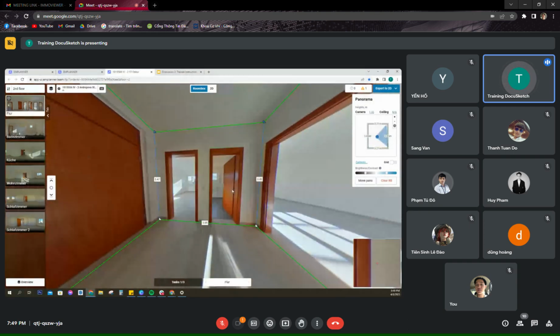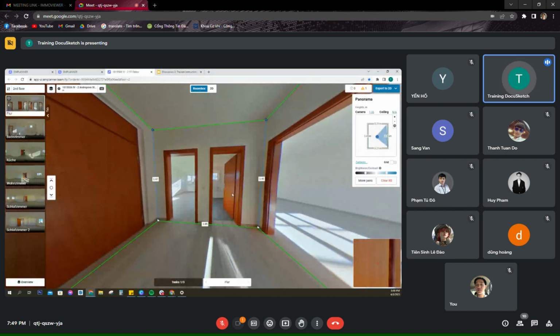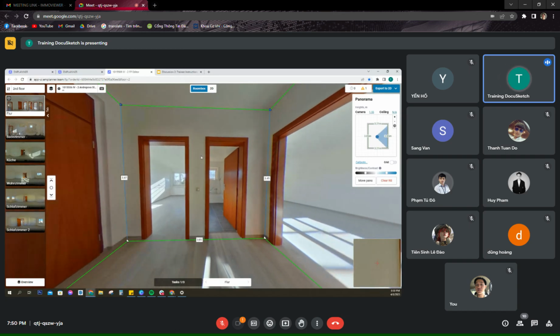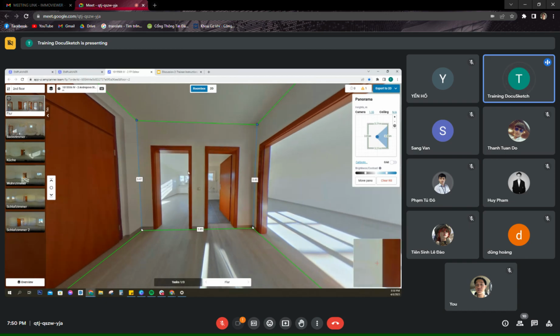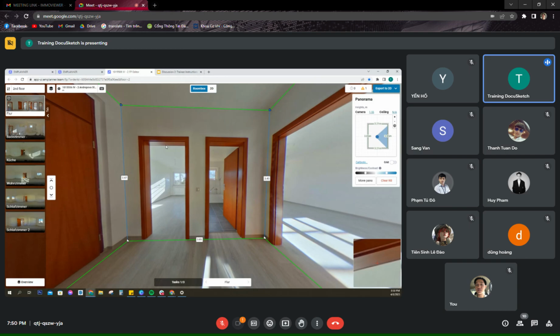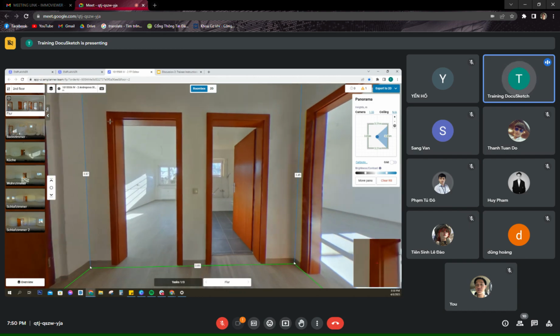Now, in this stage, we will be marking the doors. You have to remember that in the room box stage, we have to mark the doors, the windows, and the missing walls. So let us start with marking all of these doors. To do that, you will have to press D on your keyboard. As you can see, my cursor has turned into a cross one. And we will be marking the door starting from here